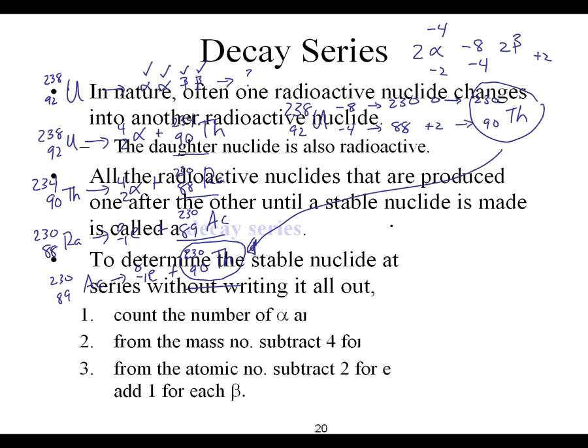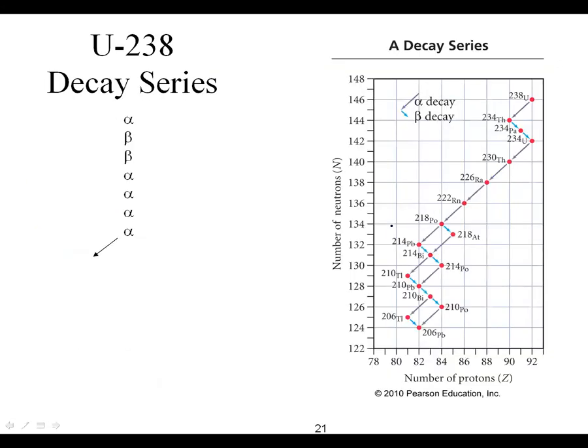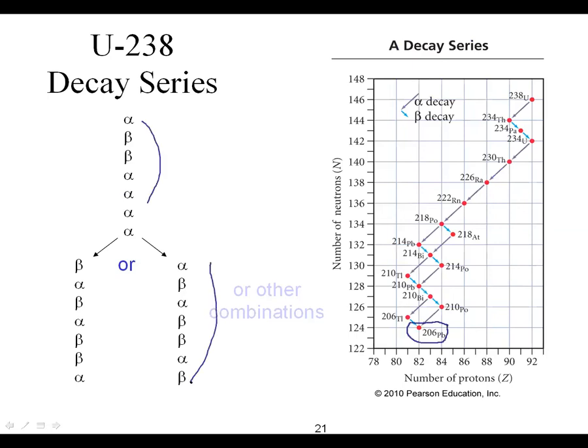All right. So here we can see again, this is a decay series for uranium-238. And it actually splits off in a couple of different common series. But it essentially will continue this decay process all the way down here. You can see there's a lot of steps in these decay processes, which is why, again, you might want to figure out mathematically what's happening at the end if that's all you're interested in, rather than doing each